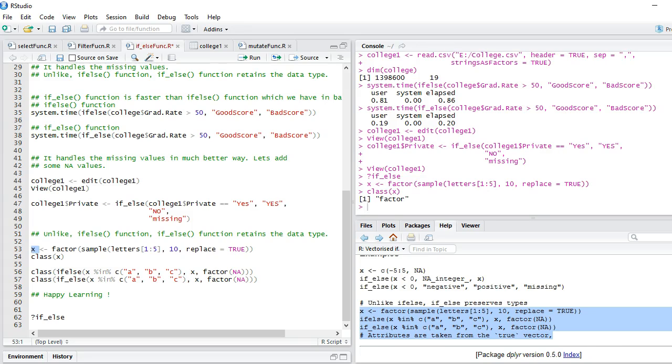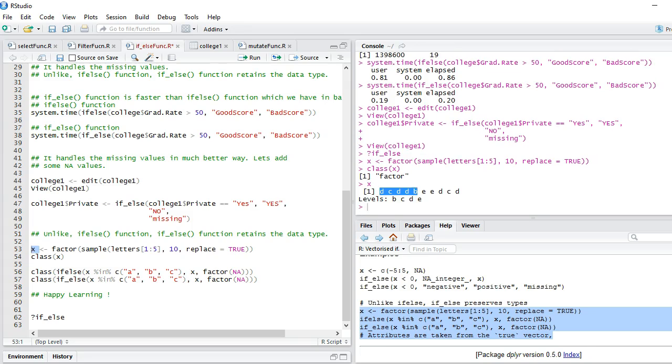In fact, if you print this, you will find that it's a factor variable which has 4 different levels. Now I use the ifelse function and I'm putting this condition: if x is in a, b, c, then it should be x, else we should have a factor of NA. That is, I'm introducing NA. So wherever d is available, it will be replaced by an NA value.